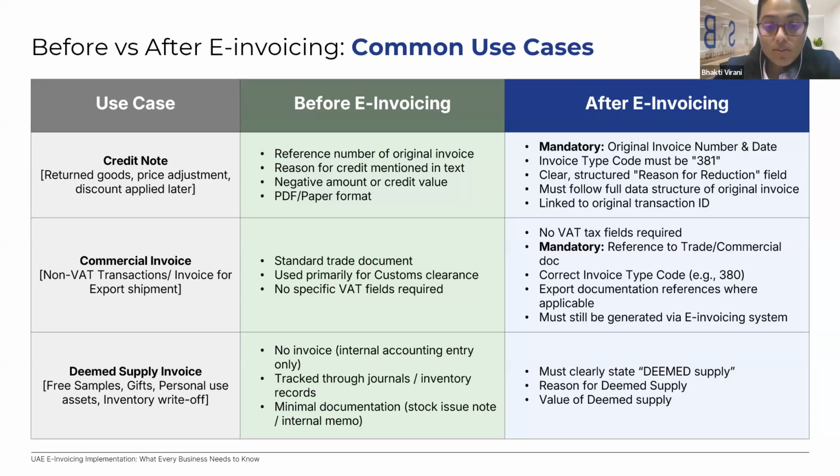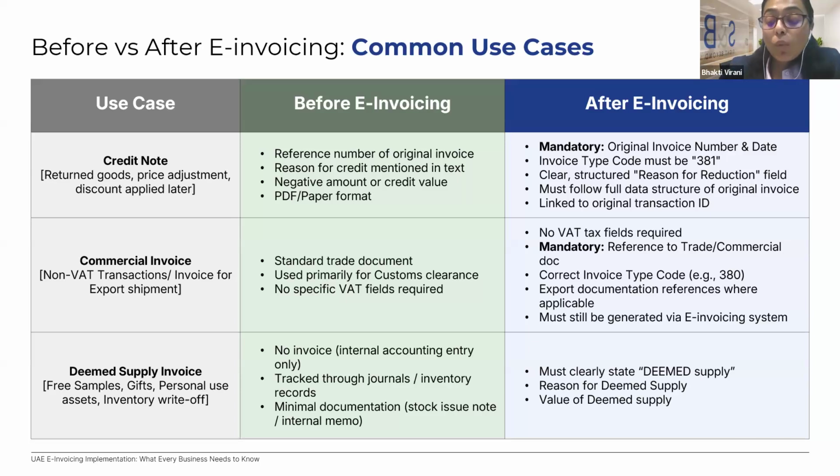Lastly, for deemed supply invoices, before the e-invoicing regime, that is today, we see that people are generating these documents either through passing of a JV, or through an internal accounting adjustment entry, or just a commercial document. There was no actual invoice being generated for the deemed supply. Going forward, we'll have to ensure that the valuation of the deemed supply is properly substantiated under the UAE VAT law, the invoice is clearly generated with a reference to the deemed supply and the reason why it is covered under deemed supply, and also the other mandatory data fields specified are captured.